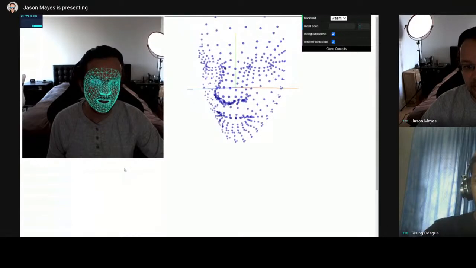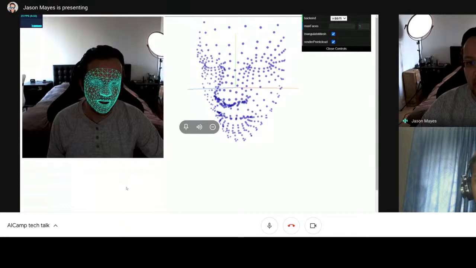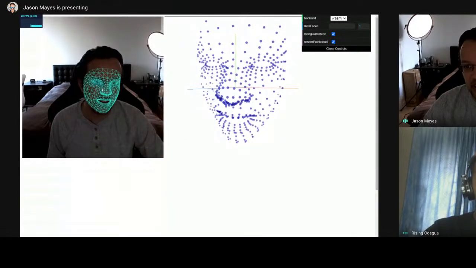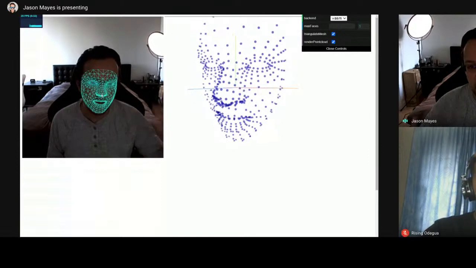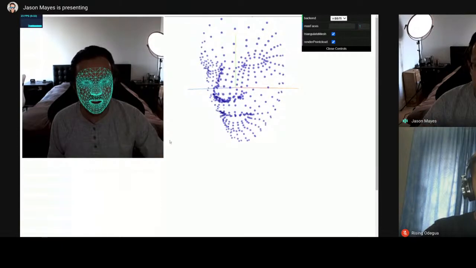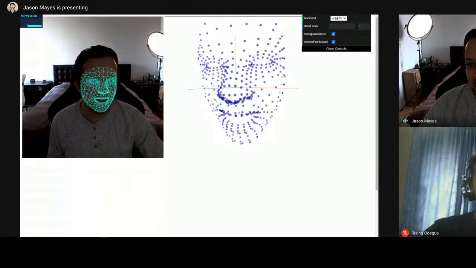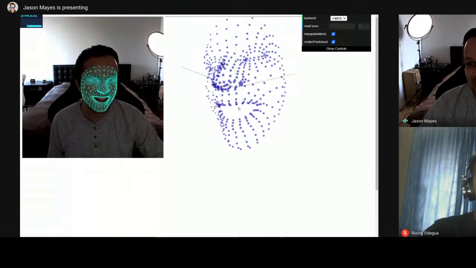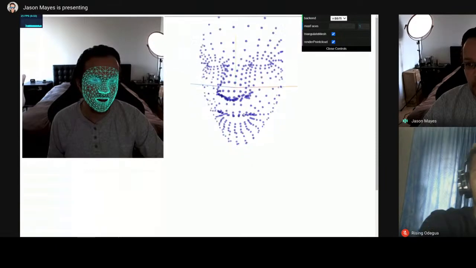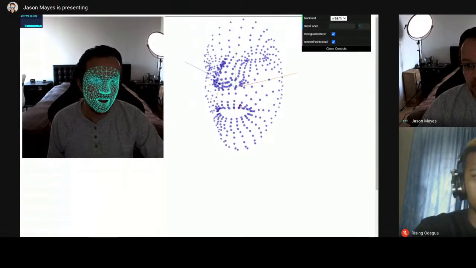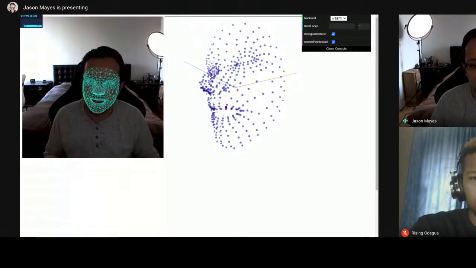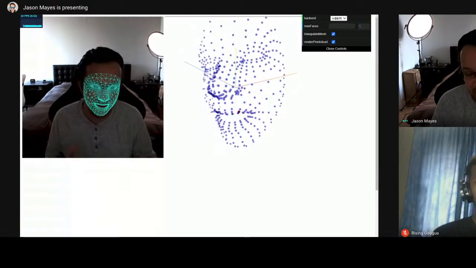Okay, perfect. So basically, yeah, you can see that we're doing the machine learning in real time on the left-hand side. But because this is JavaScript, JavaScript is very rich at the display of content and information. And that allows us to actually do these real-time 3D graphics on the right-hand side here. And you can see, as I'm talking to you right now, I'm also rendering this 3D point cloud on the right-hand side. And very few languages could allow you to do this in such a short amount of time. This didn't take very much time to create.